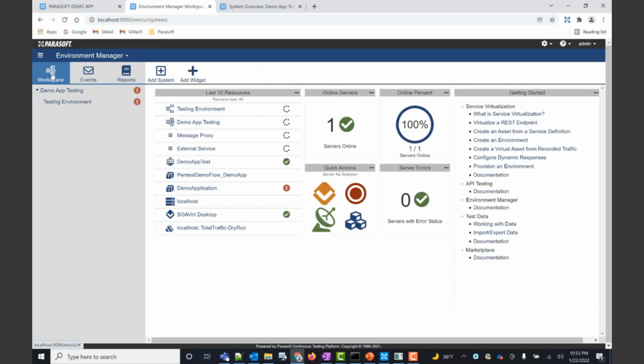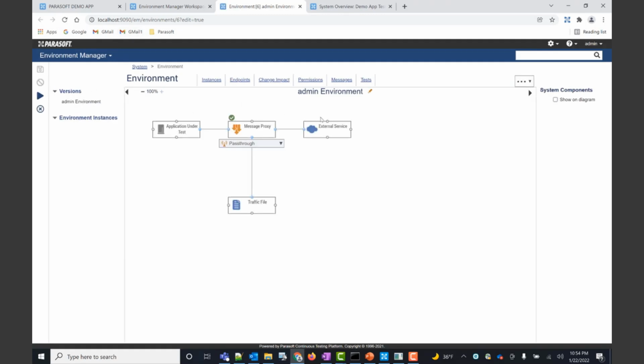So I want to go back to my workspace, back to my landing page, and the first thing I'm going to do is see where this quick actions is. I'm going to click this red button right here. It's going to generate for you that diagram that I just mentioned. And the pass-through is already in place.